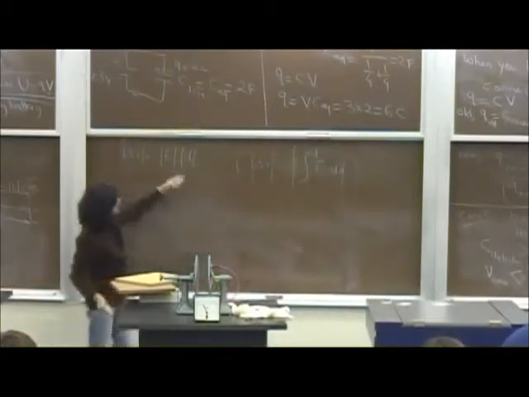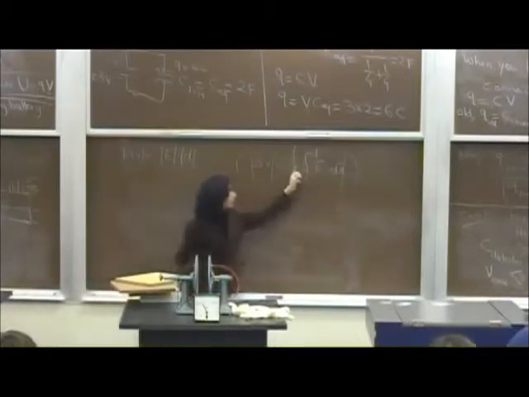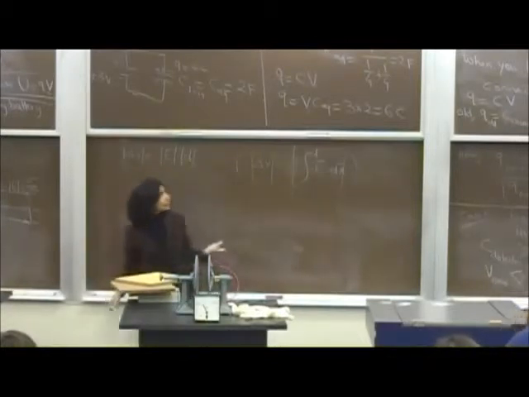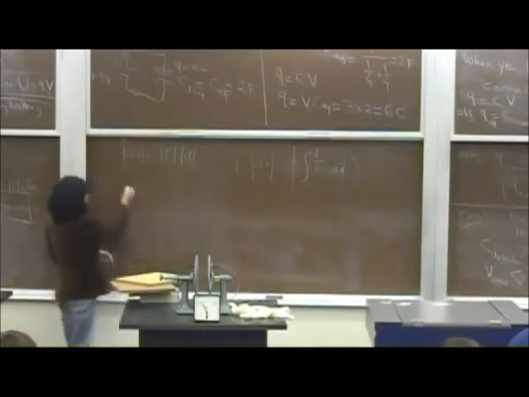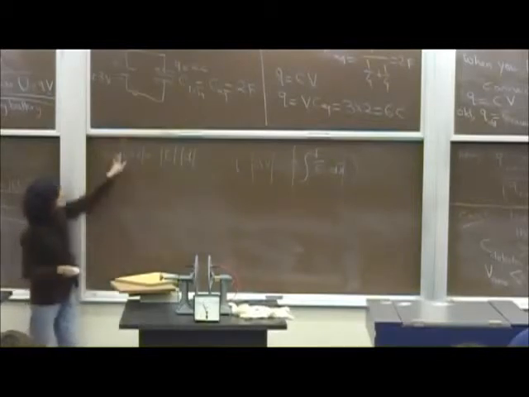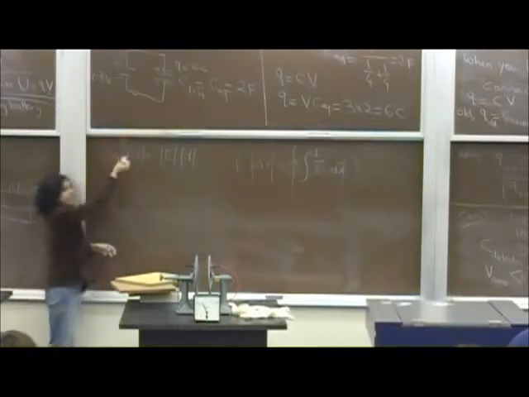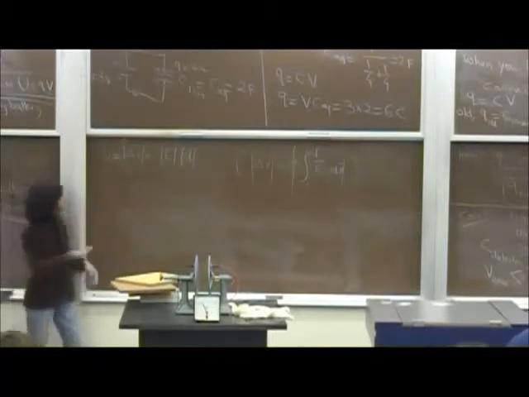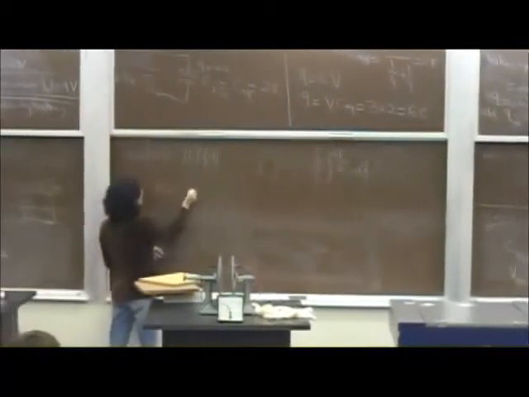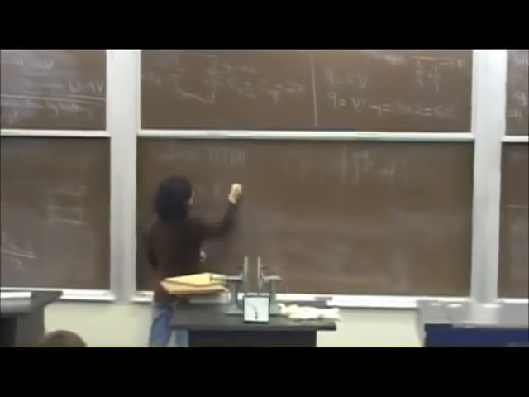And what I said is that if the electric field is constant, you can pull it out, which it is for the parallel plate capacitor, and you get this, right? Do you see that? So delta V is what we are calling V. This is a new name for us. V means delta V. It means potential difference between the two plates. Okay? So what we are seeing is that V is equal to E times D,